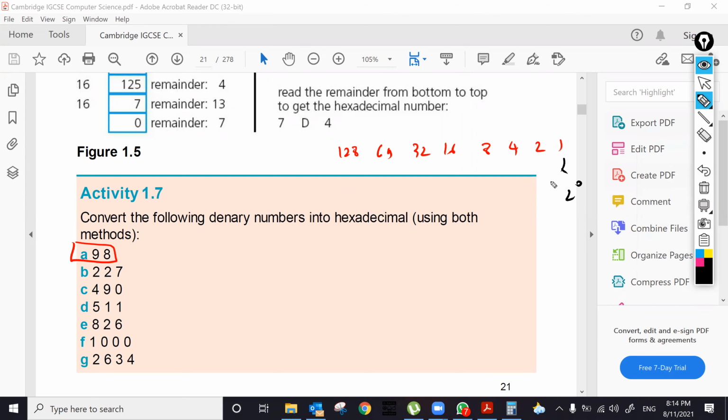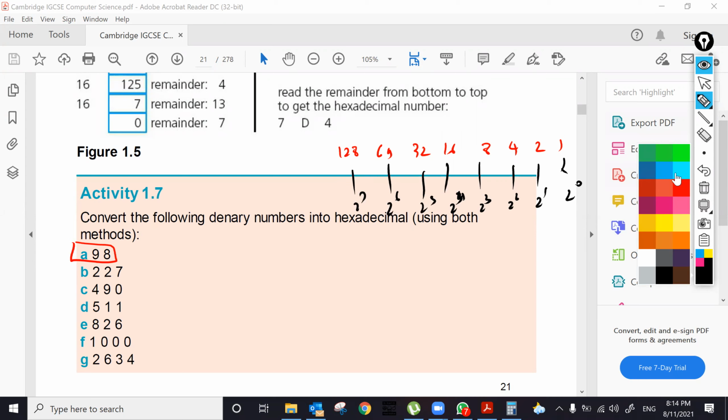You know, this is 2 to the power 0. You know 2 to the power 1. Here 2 to the power 2. Here 2 to the power 3. So 4. And you know about here 2 to the power 6. Here 2 to the power 7. These are well aware. Now